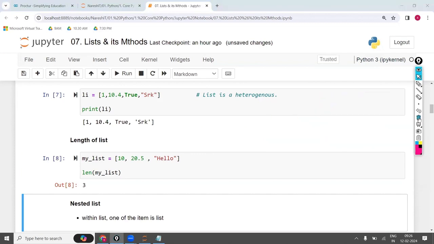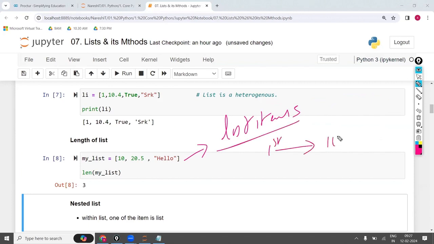Now the most important point to write in your notes is: what are the list items? What is the first item? Only 10. What is the second item? 20.5. What is the third item? Hello.